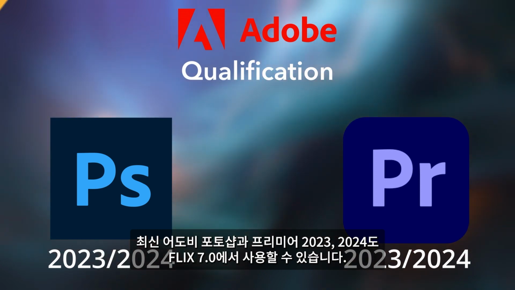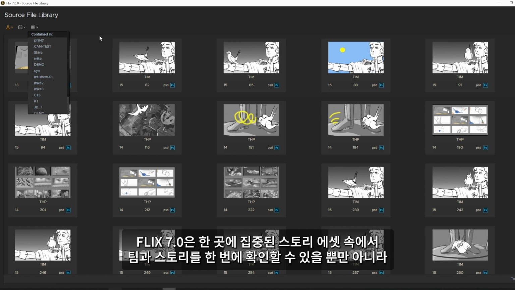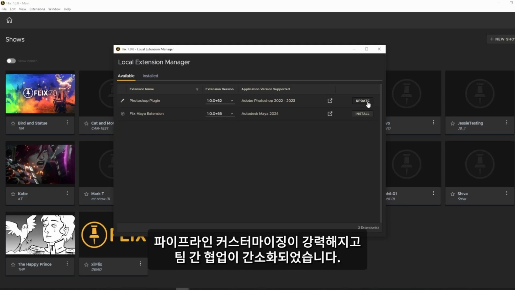Flix 7.0 brings your team and your stories together with centralized story assets, powerful pipeline customization, and streamlining cross-team